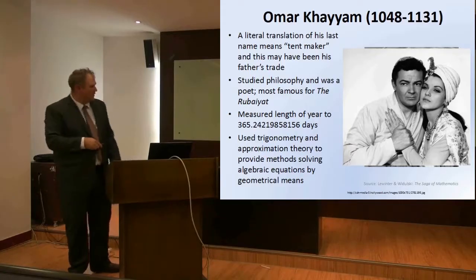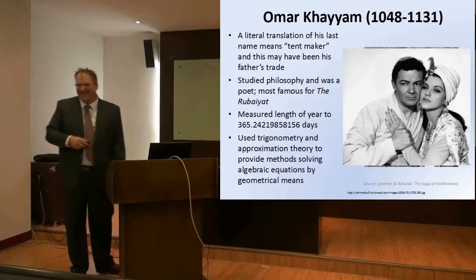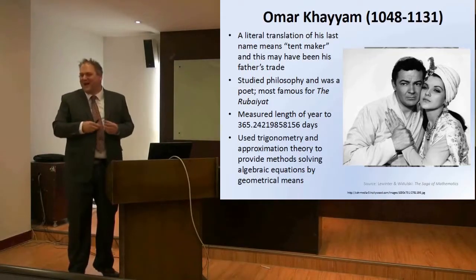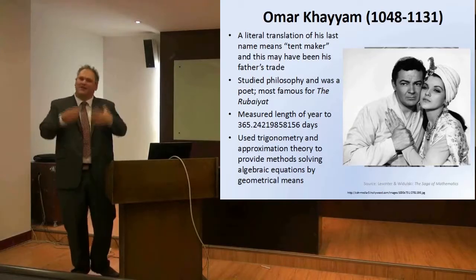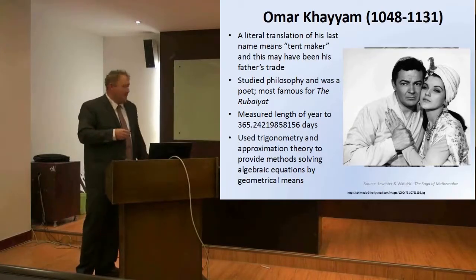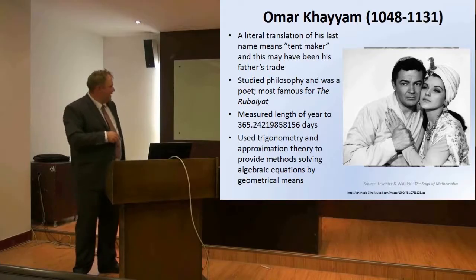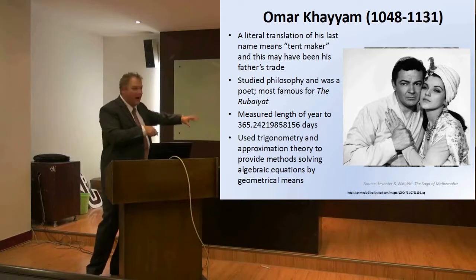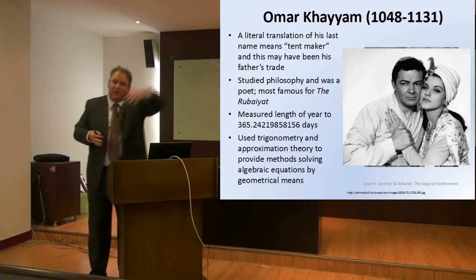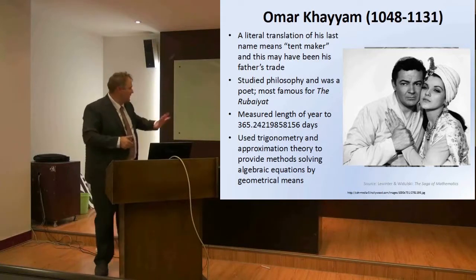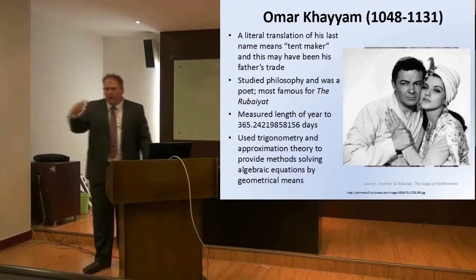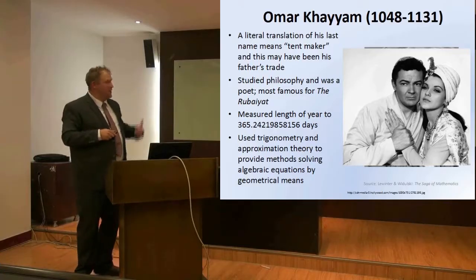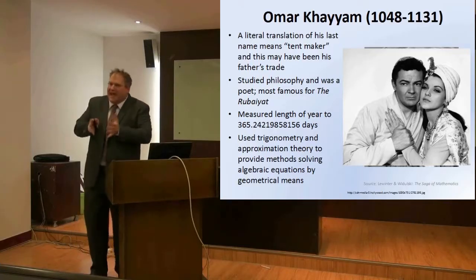And this is what Omar Khayyam really looked like. Okay, no, I'm joking. This is from a movie, right? But we don't talk about his mathematical stuff. We talk about his poetry, his kind of romantic stuff. And he may have been. But this guy, I mean, he used trigonometry, again, sine, cos, tan, approximation theory. You didn't see approximation theory until Newton. Okay? So he tried to solve the degree 3 equation, could not,